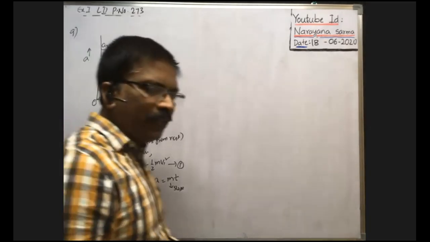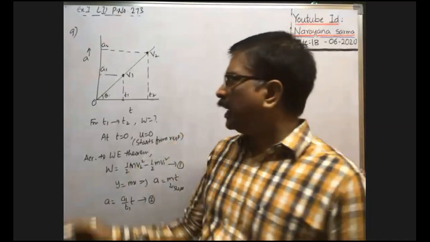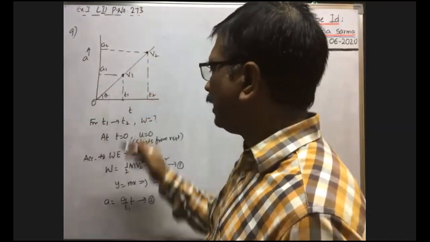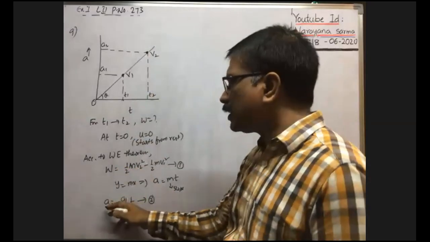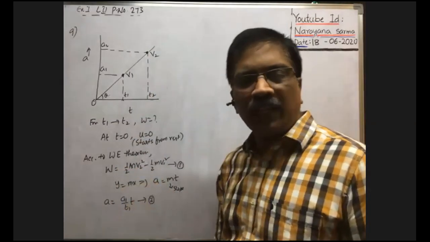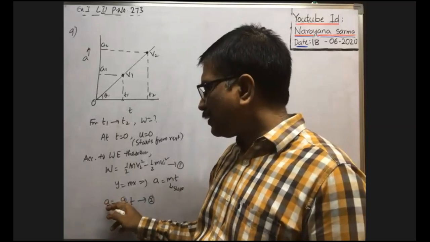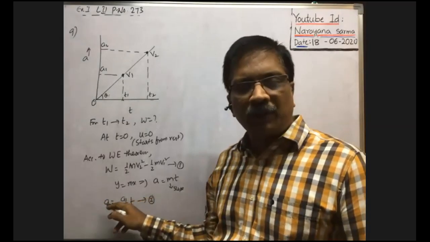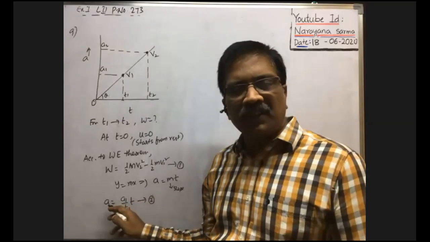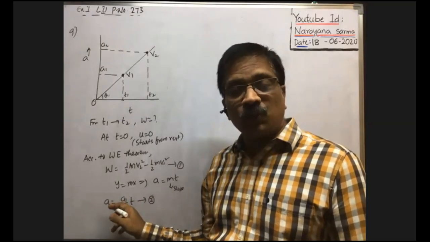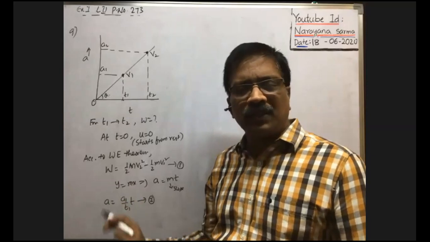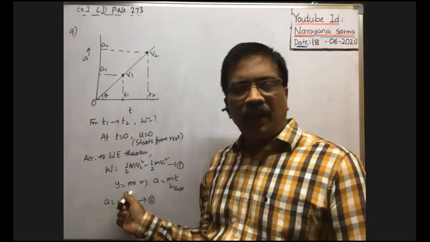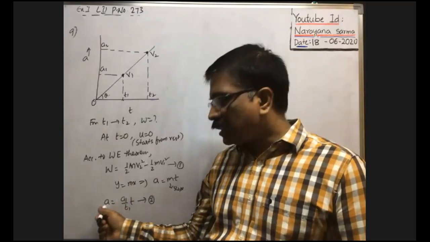Now we need the velocity, no? Because if you know the velocity at time t1 and at time t2, then we can find the work done. That's why from this we need the velocity. How can we obtain it? Because this acceleration is not constant, it varies continuously with time. Already in kinematics we have done a number of problems based on this concept. Relation between acceleration and time is given. How can we find the velocity from this?